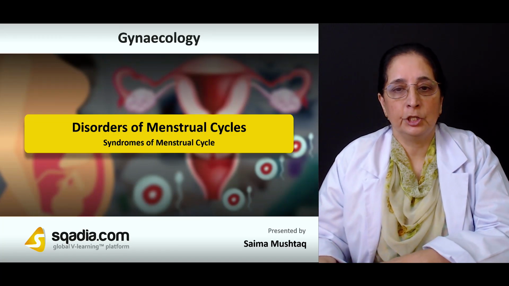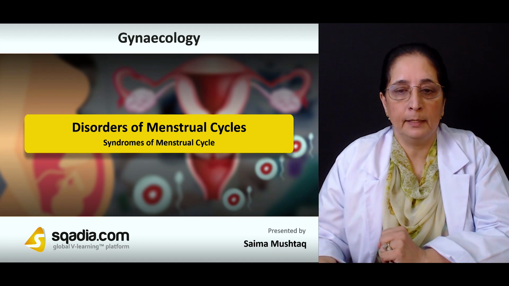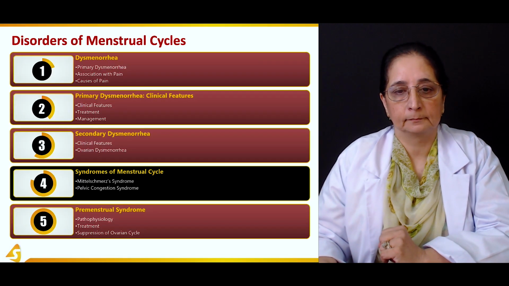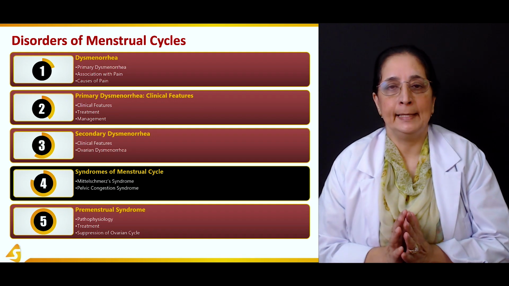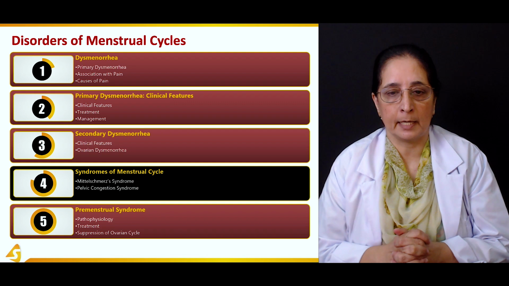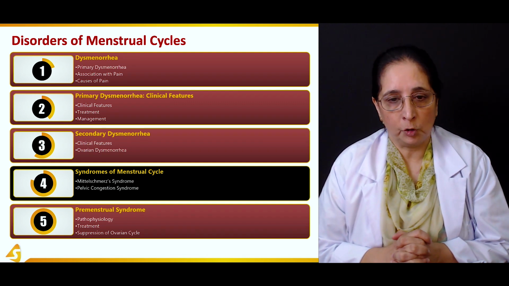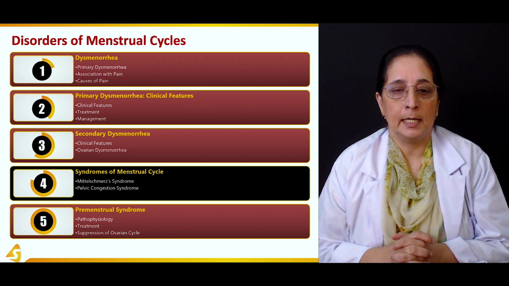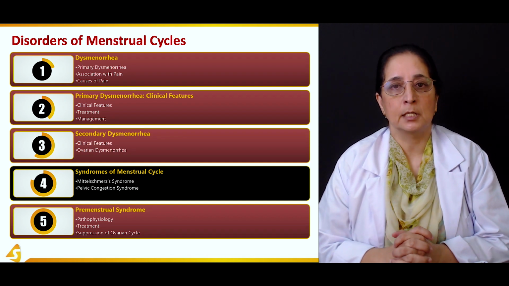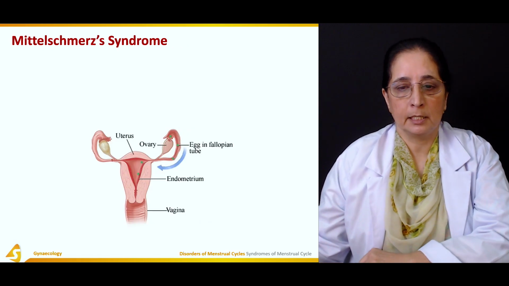In the fourth section of our lecture, now we will talk about the syndromes of the menstrual cycle. In this, we will talk mainly about the two syndromes of the menstrual cycle. One is the Mittelschmerz syndrome, and then the other one is pelvic congestion syndrome. Mittelschmerz syndrome,